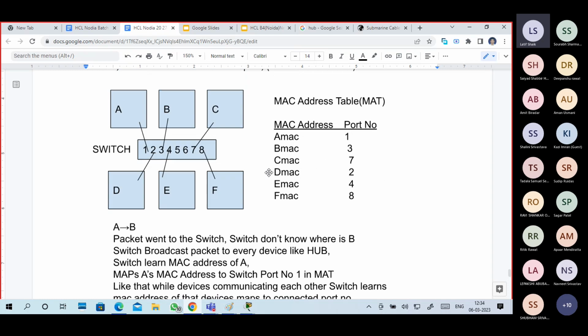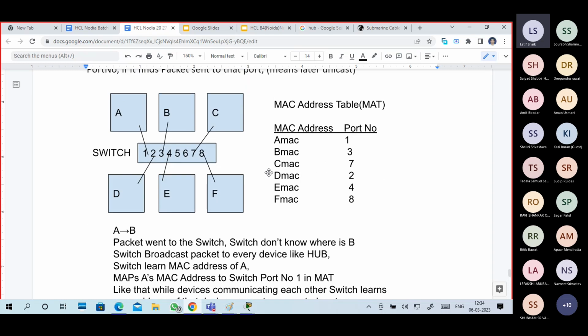Because of this, the number of drops is reduced. It is not required to always send to B, C, D, E, F; a packet from A to B is sent to B only, not required to send to C, D, E, F. So the number of unnecessary packets traveling is reduced, collisions will be reduced, drops will be reduced, and traffic will be reduced.